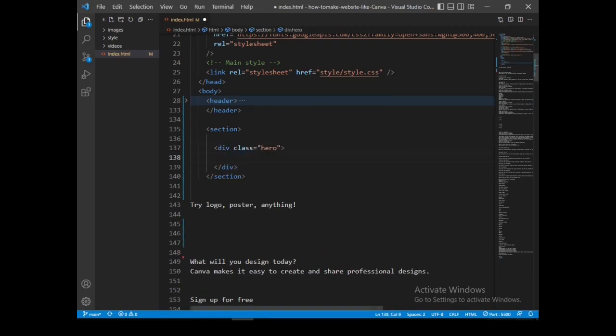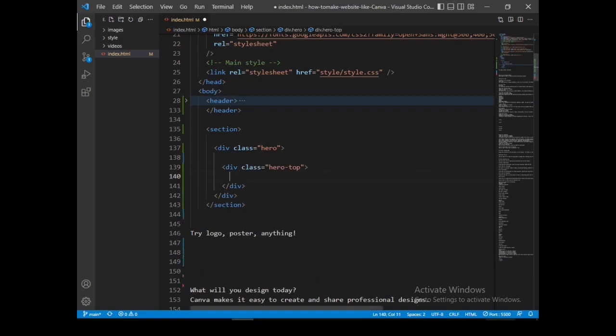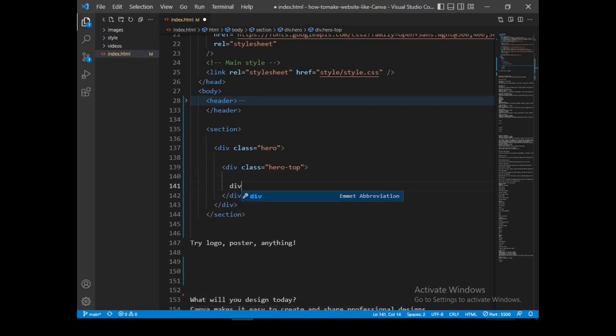Inside the hero, I'll have another div which I shall call hero top. The div which I shall call hero text top.